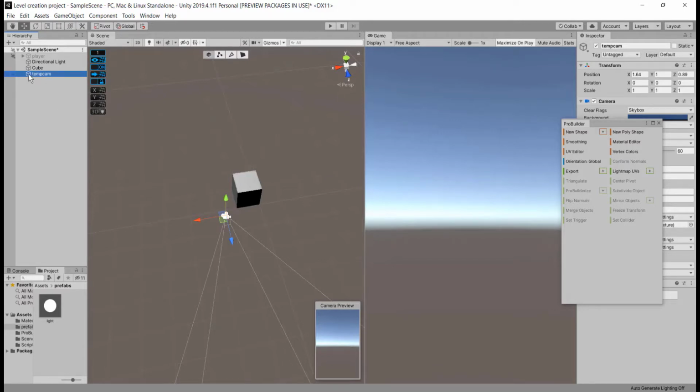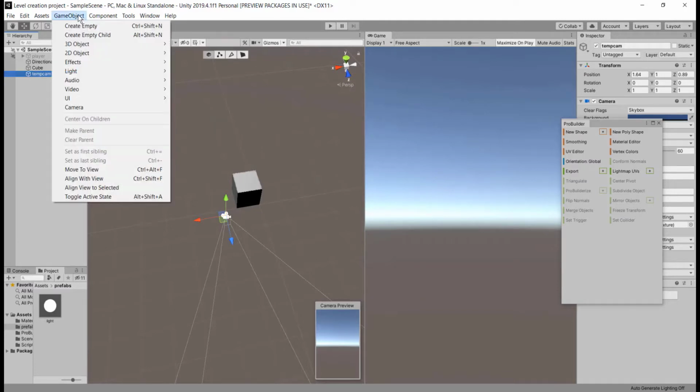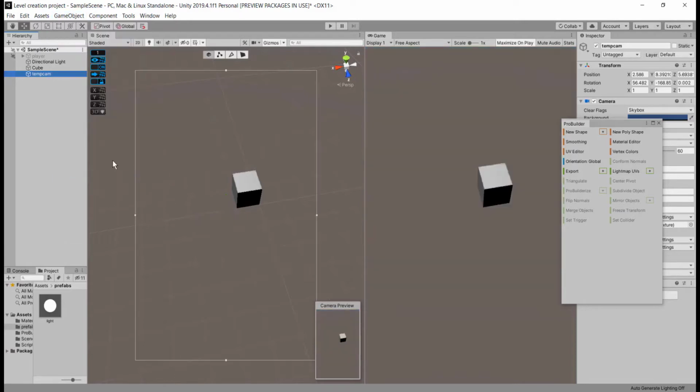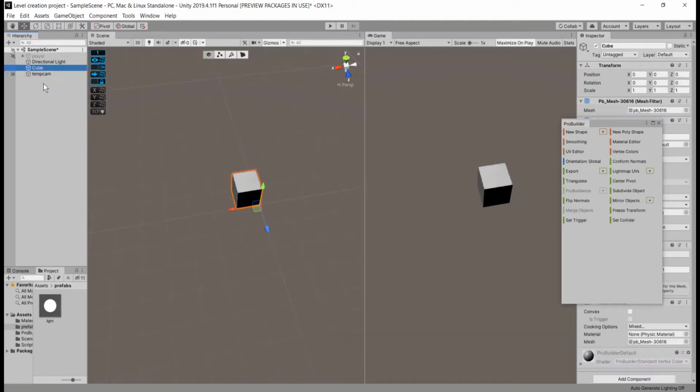Okay, now while this camera is selected in the hierarchy, I am going to GameObject in the menu, Align With View. Okay, you can see our camera aligned with the scene editor view. So our scene view got duplicated into the final game view easily. You can select this small finger icon near our game objects so that it won't unnecessarily get selected while editing our level.